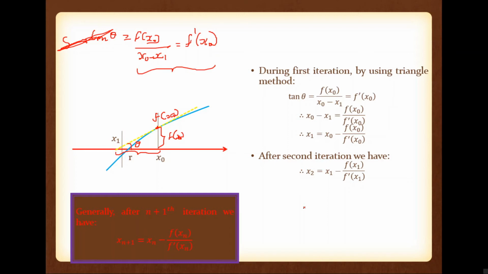So please note the final equation. The Newton-Raphson equation is xn plus 1 is equal to xn minus f of xn divided by f dash of xn. If you are continuing this iteration, then after the n plus 1th iteration, we have xn plus 1 equal to xn minus f of xn divided by f dash of xn. Means by using the last available value of x, we are finding the new value. So the only thing is we have to find the value of f of x, and the value of the differentiation of that f of x. So that is Newton's method.